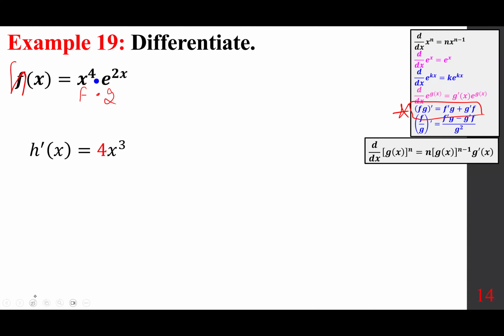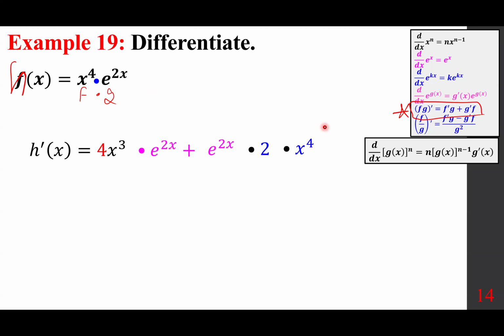This is h of x. That's f prime times g, e to the power of 2x, plus. Now, e to the power of 2x, if you want to differentiate that, it becomes itself times 2, and times x to the power of 4. We're done with calculus, but we are not finished with algebra. Therefore,